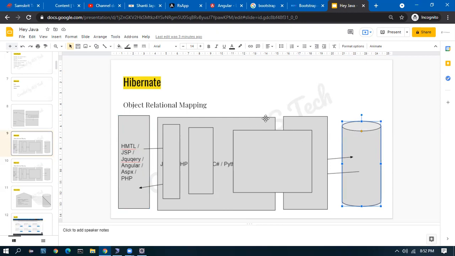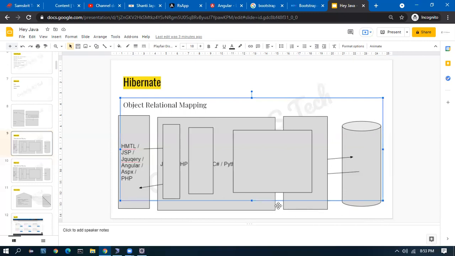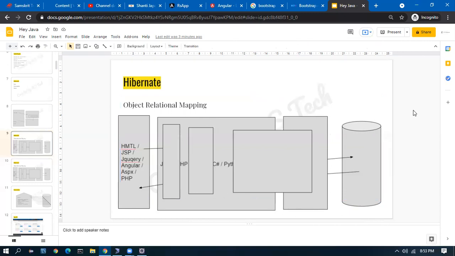Most of the time, they give Java as a backend, but it's not a backend. The way they are telling backend is they divide the entire thing into two layers alone: this is one layer, and this whole thing up to the database, they call it the backend.